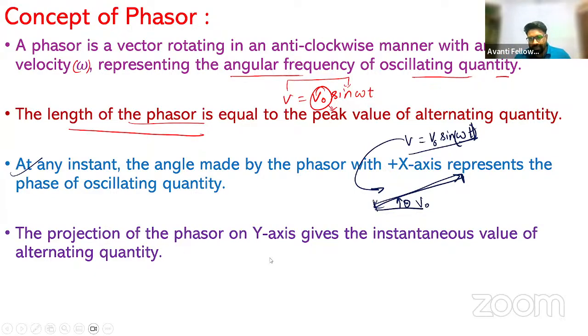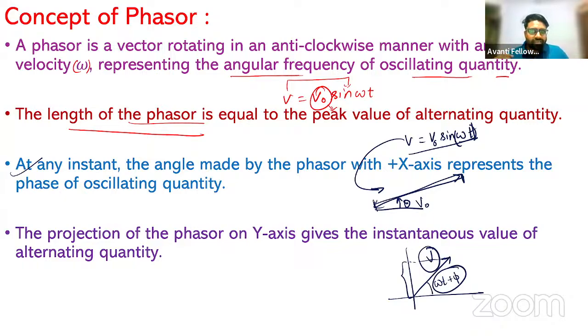ठीक है, अब देखो, अगर मैंने ये कोई फेजर बनाया V, और ये इस वक्त ओमेगा टी प्लस फाइ एंगल पे है, तो इस फेजर की वाई एक्सिस पे जो प्रोजेक्शन होगी is the magnitude of this alternating quantity at this particular phase or this particular instant. ठीक है, तो किसी भी इंस्टेंट पे अगर किसी ऑल्टरनेटिंग क्वांटिटी का मैग्नीट्यूड निकालना है, तो यू जस्ट हैव टू कैलकुलेट द प्रोजेक्शन ऑन वाई एक्सिस।